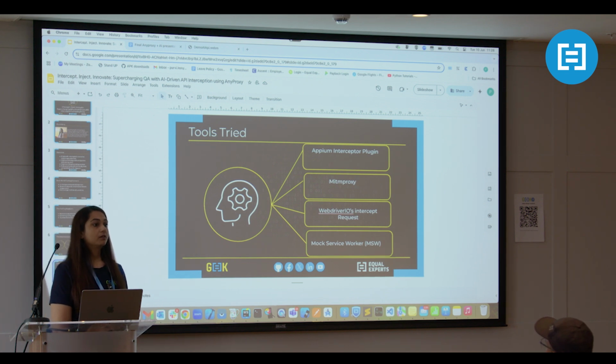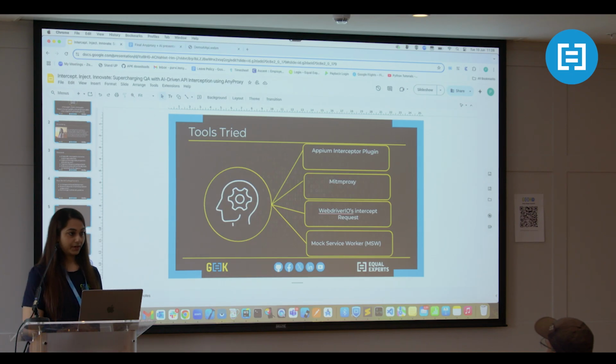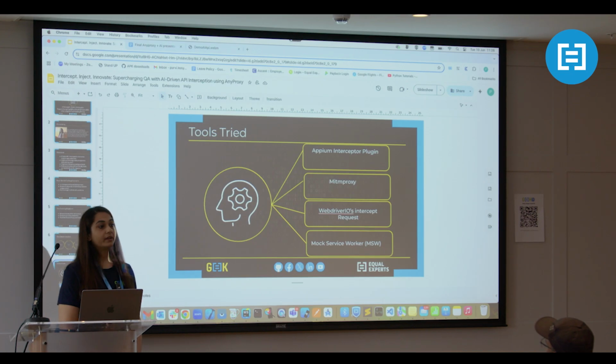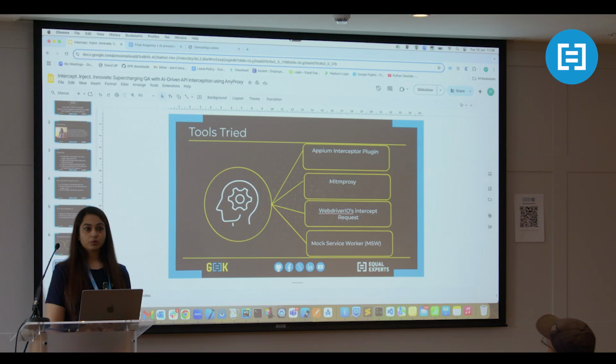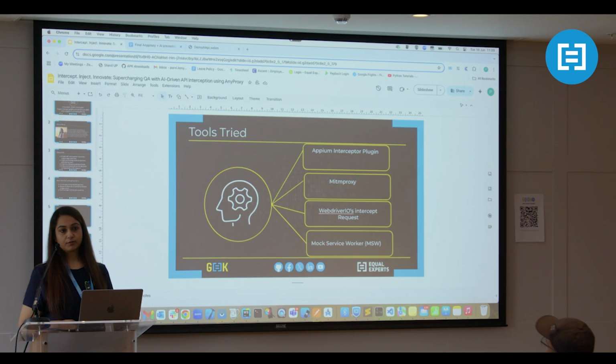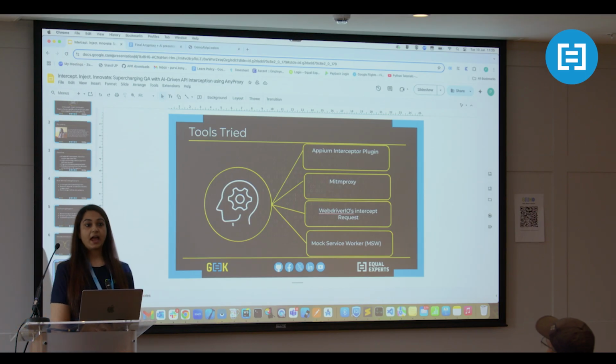We are automating the Tesco mobile application. It is a native mobile application, and we are using WebDriver IO, Appium, and TypeScript for automating it. I needed a tool that would integrate with our existing automation suite and give us a solution to the problem we are facing right now, that is testing all the UIs based on different responses.